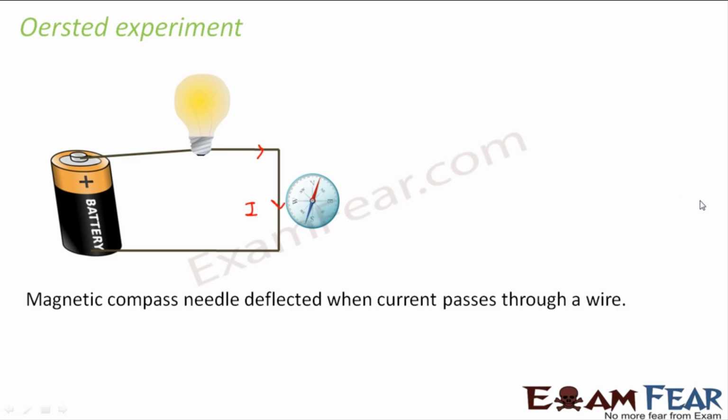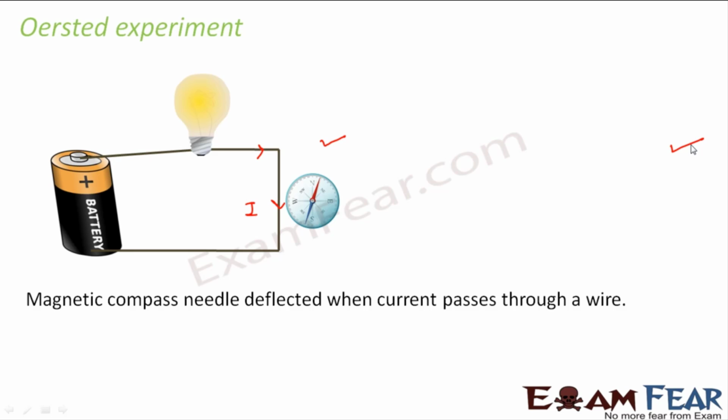What did he observe? That the deflection decreased. Even if the amount of current remains the same, for the same amount of current, when you place the needle here and when you place the needle here, what did you observe? That the deflection is more here and the deflection is less here. So that means nearer the needle, more is the deflection. Okay, so that was one thing which he observed.